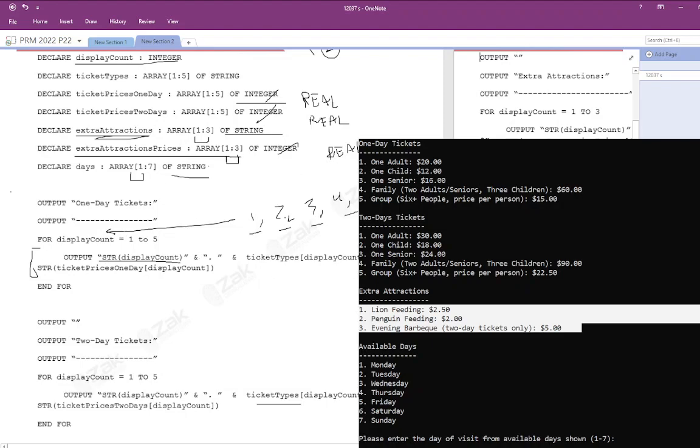So this is how our loop is going to run, right? This is how the values of display count are going to vary. Let's say we're running this the first time. For the first loop, str of display count will just output 1 at the end of the statement. It's going to give us the number 1, but converted to a string because of str. So str is a function that takes an integer and returns a string. So we are now getting the output of 1 as a string, and then we're concatenating that